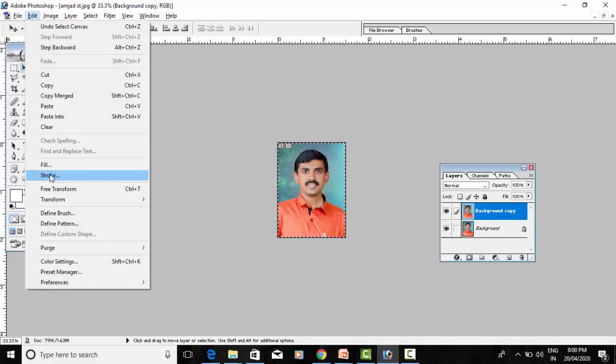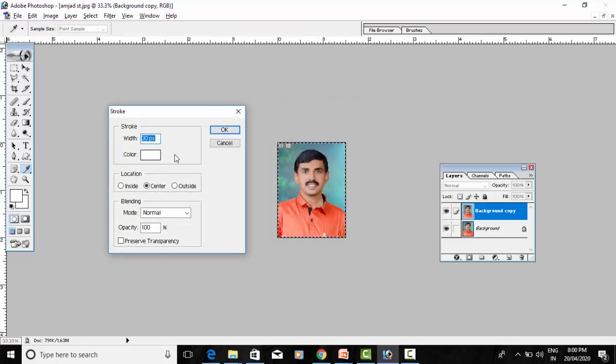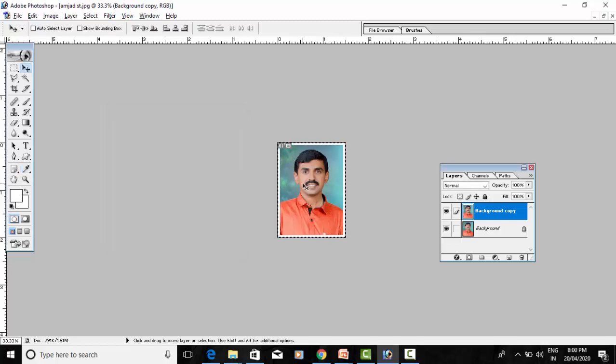Now here we have to give a stroke. After creating a new layer, go to the edit menu and select the stroke option. The stroke here you have to keep at 30 pixels. Select the color white. You may change the color, but here as per my photo the white color will suit this color scheme. That's why I am going to keep white here. You can change the location of your border to inside, center or outside, but here I have selected the center option. So say OK. Now after selecting OK, you can see a border has appeared for my passport photograph.